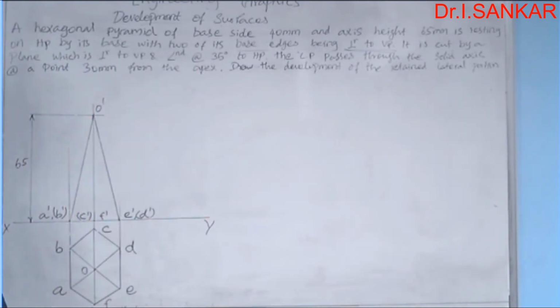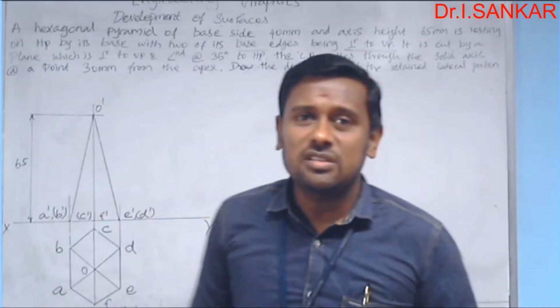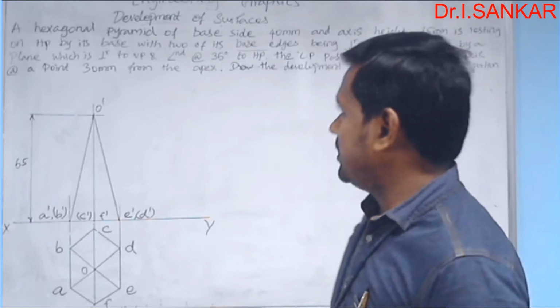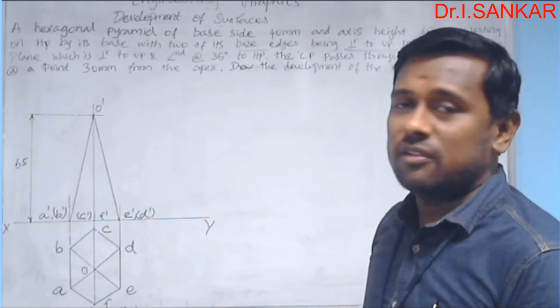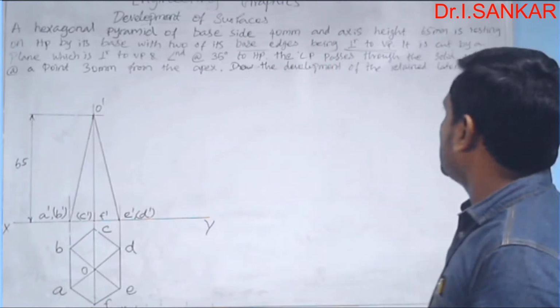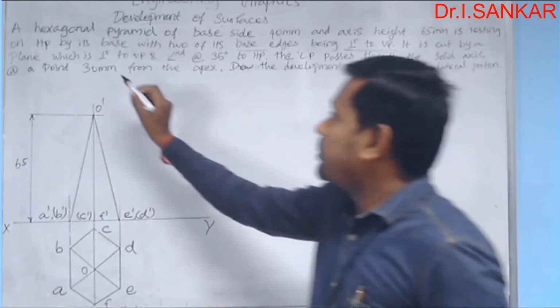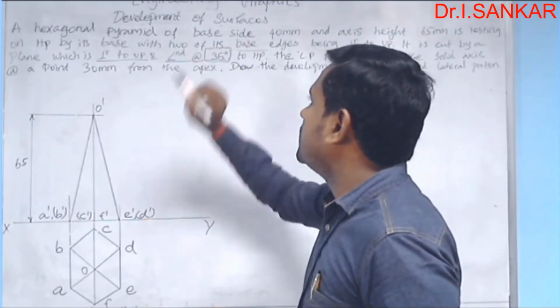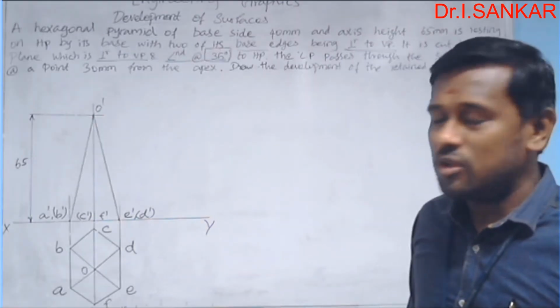Now I am maintaining everything as light by drawing with the 2H pencil for our assumptions. Okay, now the projection of the solid is over. We have just drawn the top view and the front view of the solid, and then we can go for cutting the solid with the given cutting plane. The given cutting plane is perpendicular to VP and inclined at 35 degree to HP.